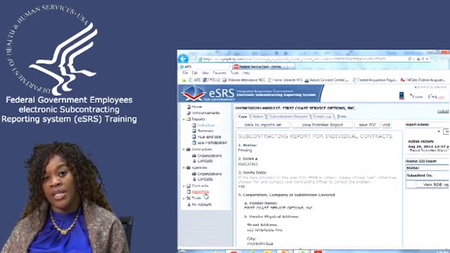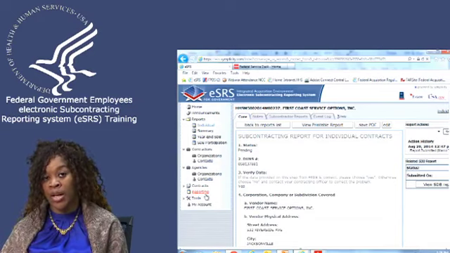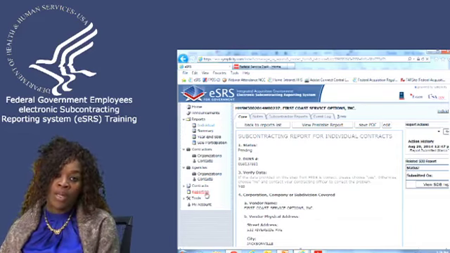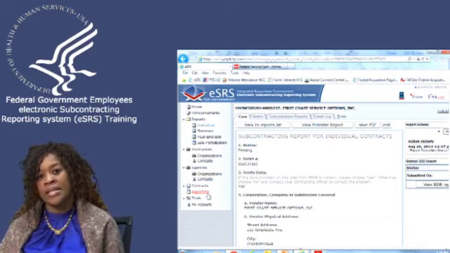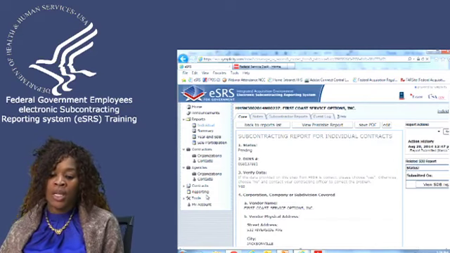Please keep in mind your agency does not get any credit for their subcontracting accomplishments for any report that is not in accepted or acknowledged receipt status. If it's in pending status, revived status, or reopened status, your agency will not get subcontracting credit on their annual report. So it's very important that we go in a timely manner and correct that. The rules and regulations that have now been finalized say that government employees need to do that within 60 days of the submitted report. In order to run that report, you get on reporting.